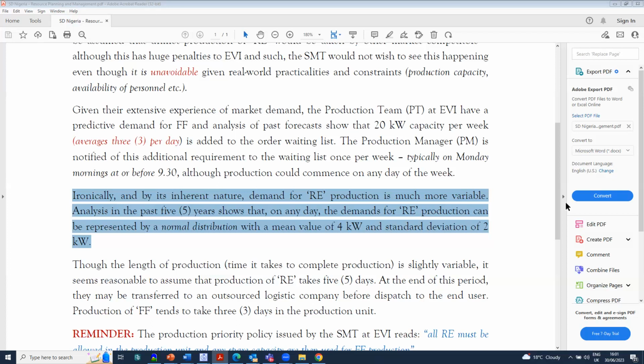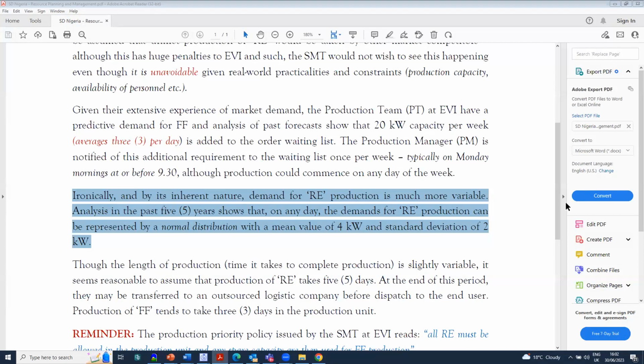Maybe fossil fuel. I said maybe fossil fuel. No, I think our focus is on renewable energy. Whatever we produce in fossil fuel, we are happy. The management is not upset about fossil fuel. On this occasion, it is not the fossil fuel that is causing the problem, because the model is constructed in such a way that anytime we get order for renewable energy, fossil fuel will be stopped.